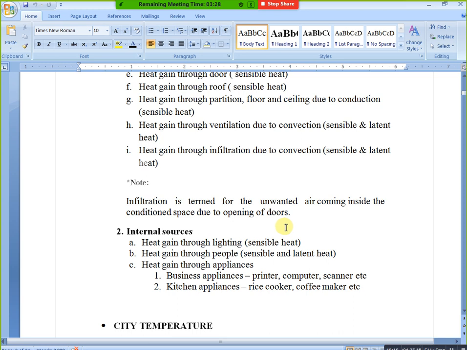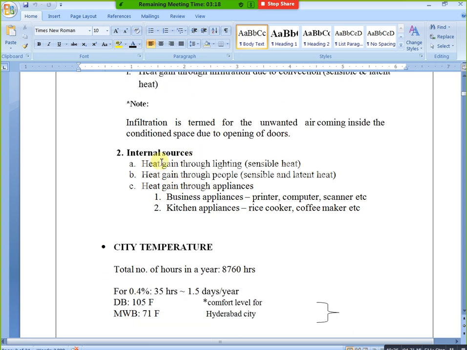How many people are living in that flat? Okay, that much. Okay, based on area it will be changing. This, people, is very important. Okay, for example, you are living in your office, open offices, you are in malls, that condition is different. You go to the cinema hall, in that condition is different.